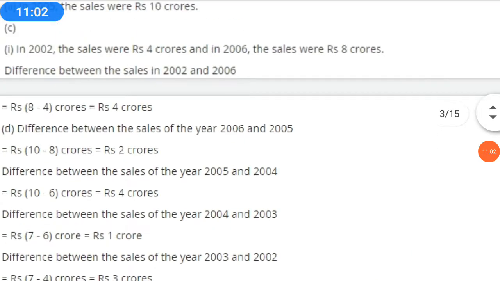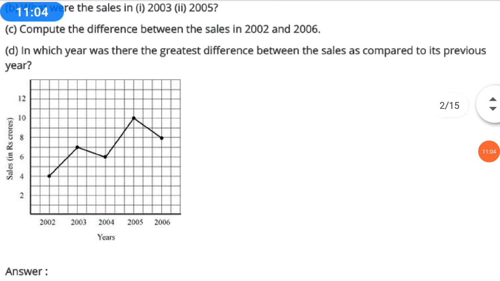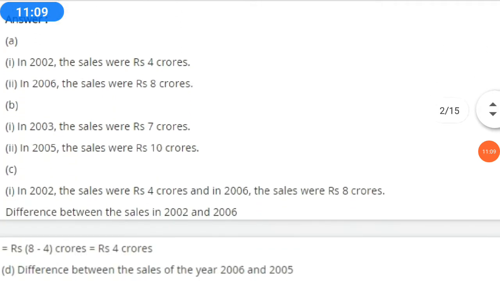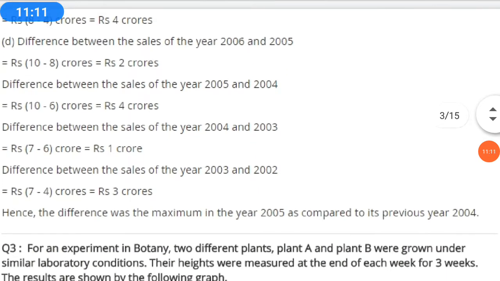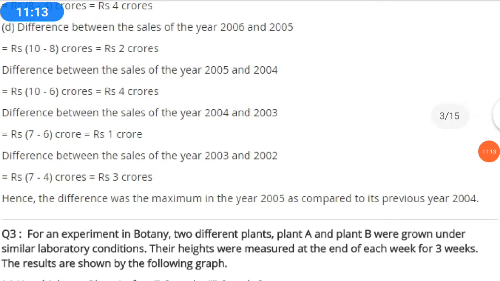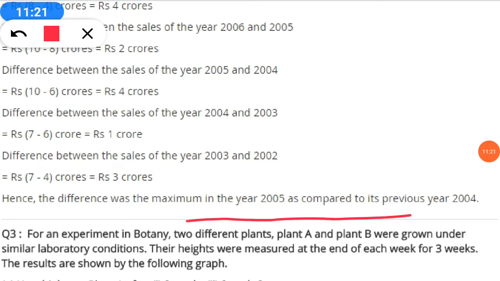Clear? As in the question number D part of the question, it is asked that in which year were the greatest difference between the sale. Greatest difference between the sale मतलब सारे ईयर्स की आपको सेल्स को आपको डिफरेंस मतलब माइनस करना है हर साल का. Okay, then you will compute that which year you will get, you are having the maximum number of sales. So that is maximum numbers of sales in the year 2010. Clear? In 2010 you are having the maximum sales, that is 10 crores.